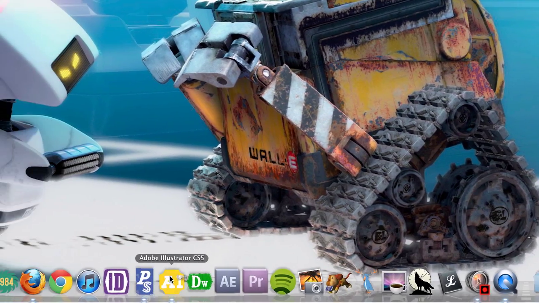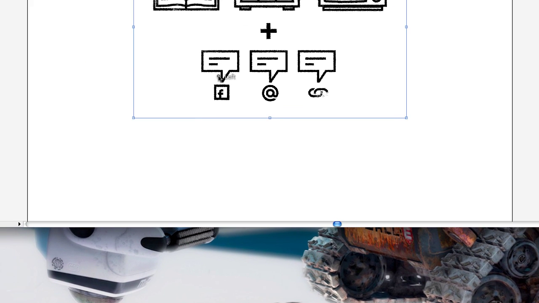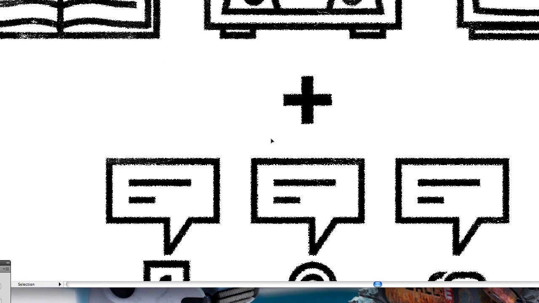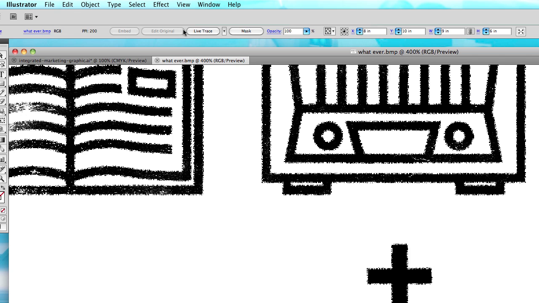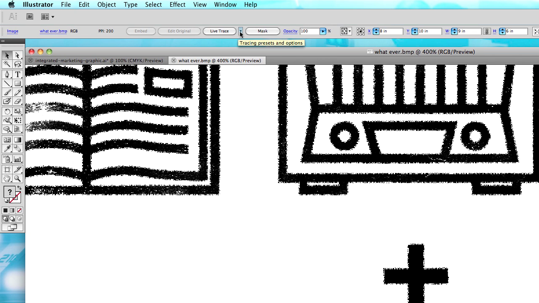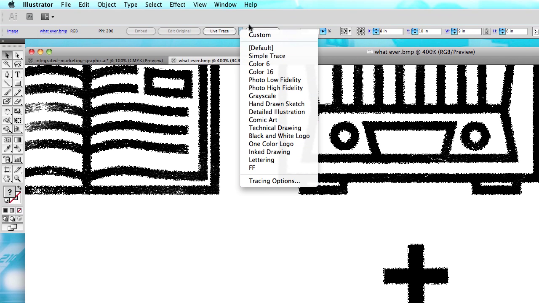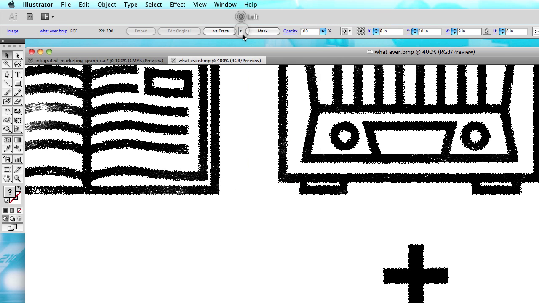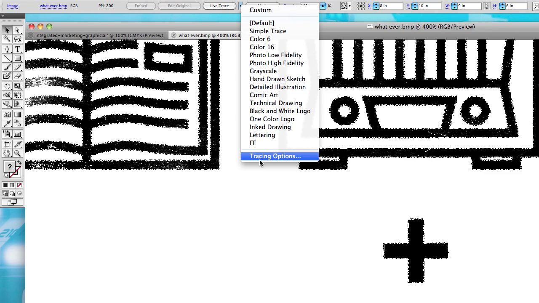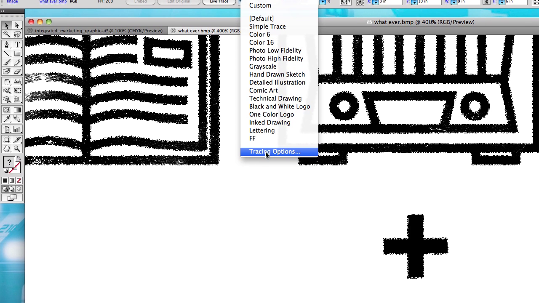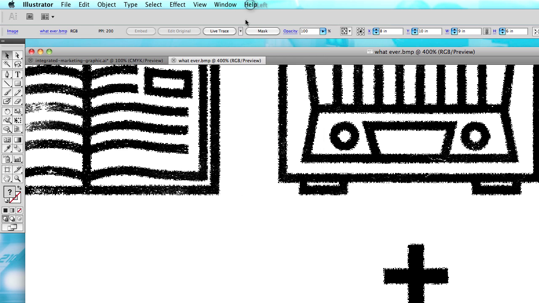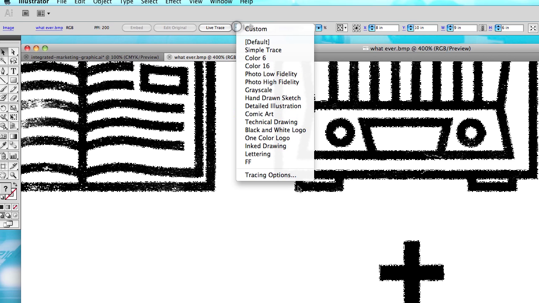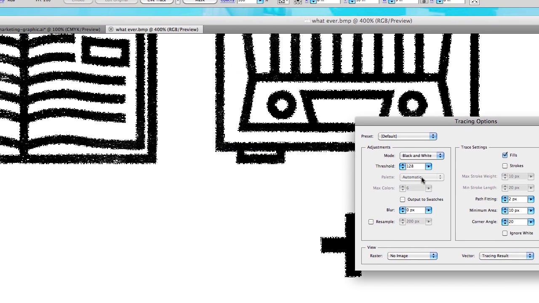Then we're going to want to open this up in Illustrator. Next step, zoom on in, because you're really going to want to know what's happening with your live tracing. Depending on where your format is, you're going to want to go to tracing options. If you're in the format that I'm in, you can just click on this little drop down and go to tracing options. If not, just go up to help and type tracing options and you'll find it. So then you click that and you'll get this little